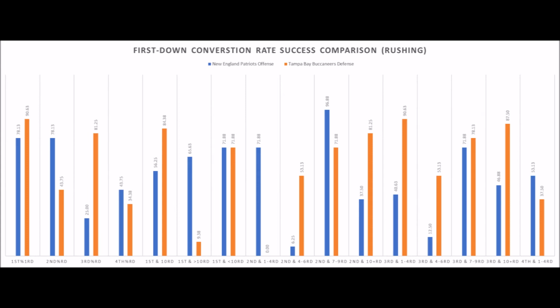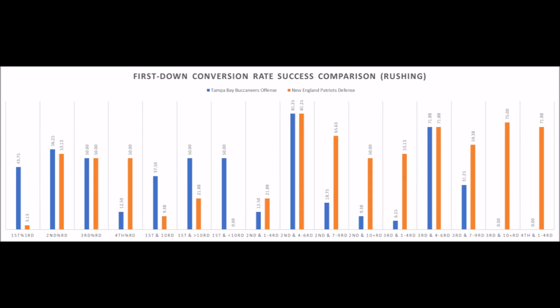And then, of course, when you look at the Bucs offense versus the Patriots defense when it comes to rushing yards, the Buccaneers will pretty much have advantages. The Patriots have just not been the best at stopping the run. The Bucs have not exactly been an amazing rushing offense, but when you're going up against one of the worst rushing defenses in terms of allowing first downs on first down with the rush, you're going to have lots of advantages. So this is definitely a matchup to see in this game.